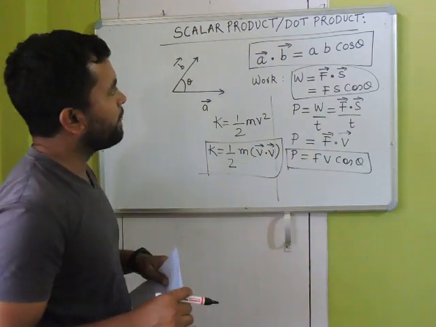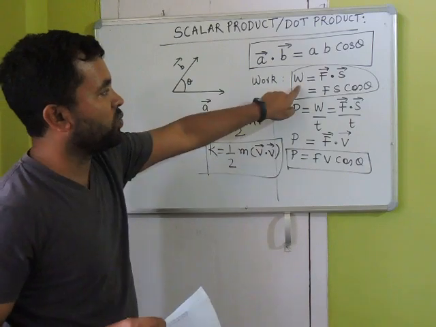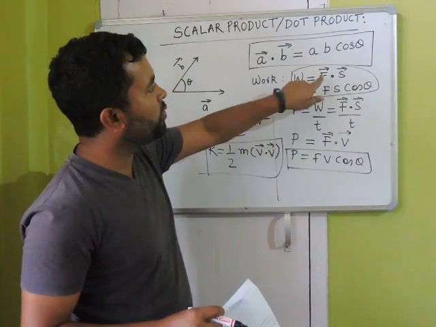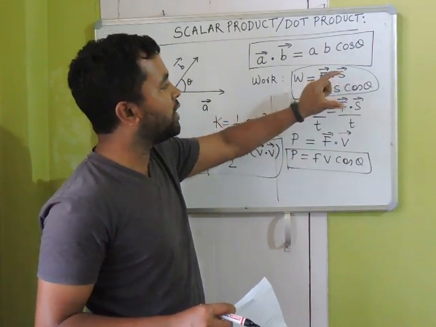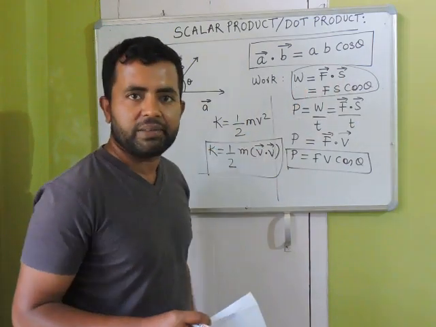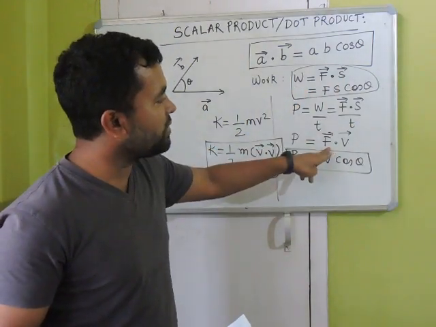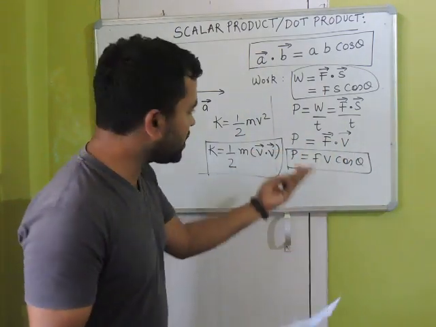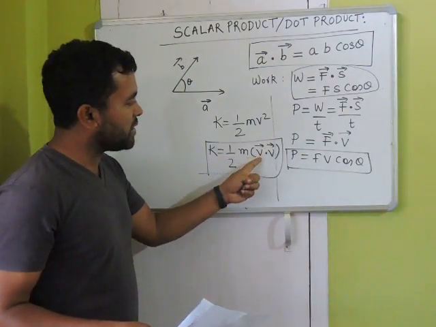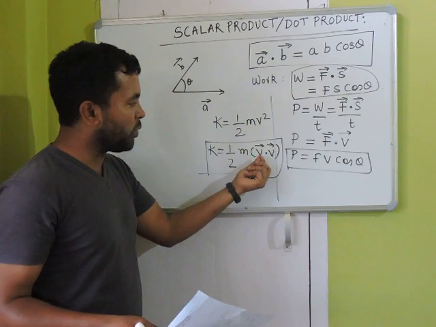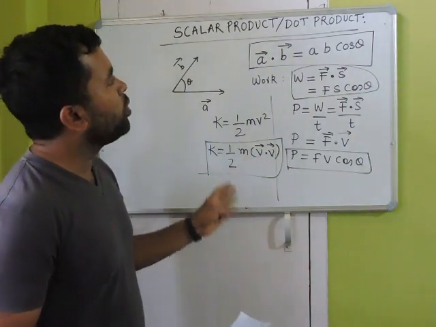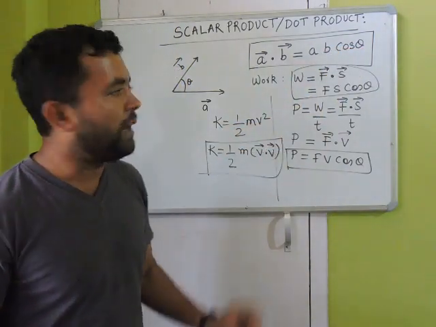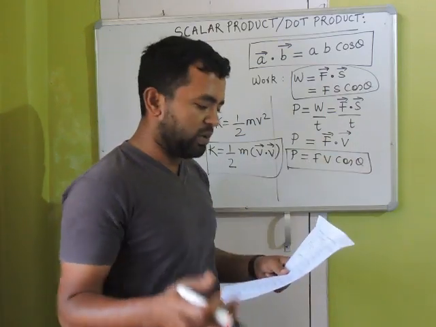So as you can see, in physics there are plenty of examples. This is work, power, and this is kinetic energy. These all are scalar quantities. Even though force is a vector and displacement is a vector, if you take a dot product, the outcome is a scalar. Same here, force is a vector, velocity is a vector, but if you take a dot product, the outcome is a scalar quantity called power. And the same goes here, velocity and velocity are vectors, but if you take a dot product, the outcome is a scalar. So the result is a scalar. It will be a number only. We'll talk about it.